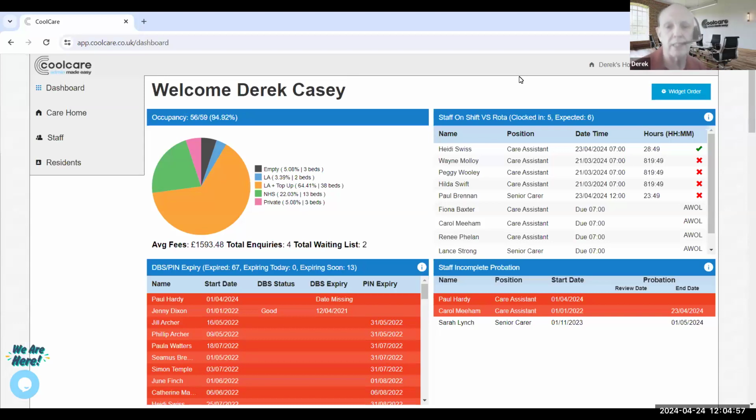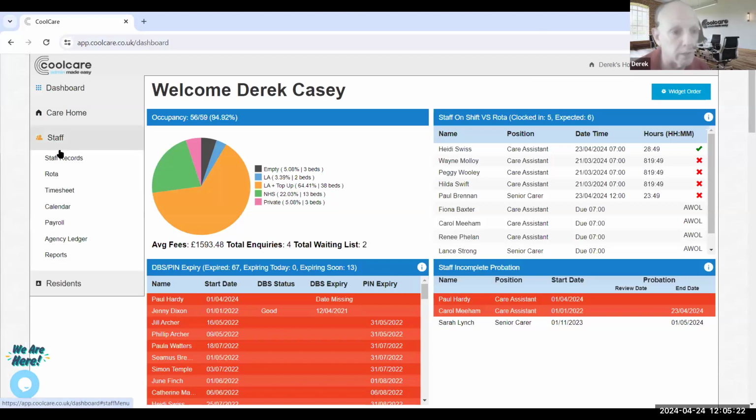And the other thing you'll need is, when a staff member goes to first use it, they have to register. And to register, they need a unique code. So you need to know the address of your portal, which, if you haven't got it, email support. And each individual staff member needs to know their unique code. So where's the unique code held? If you go to a staff member's record,